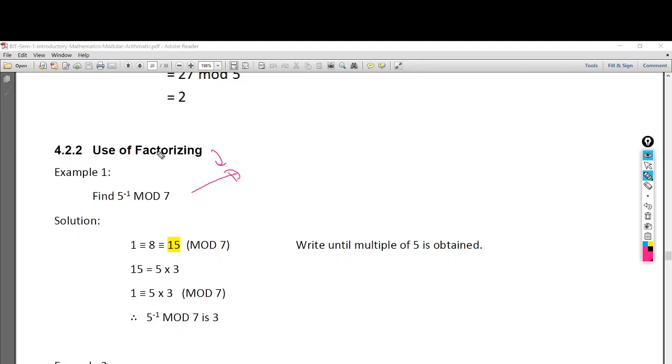What you can do is use factorizing. So you start with 1 mod 7, because multiplicative inverse is all about which number multiplied by this 5 gives you 1, right? So we start with 1 mod 7, but now we want to find out, if I multiply 5 by which number